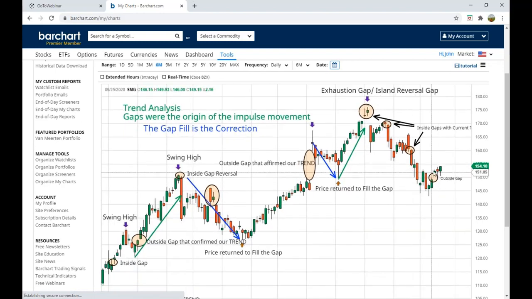But now what has happened? This price correction in my larger time frame trend analysis is now gapped up. And if these sellers were in control, would this market be allowed to gap up? Probably not. And this could be a change in this trend or a confirmation that our larger trend is in control,